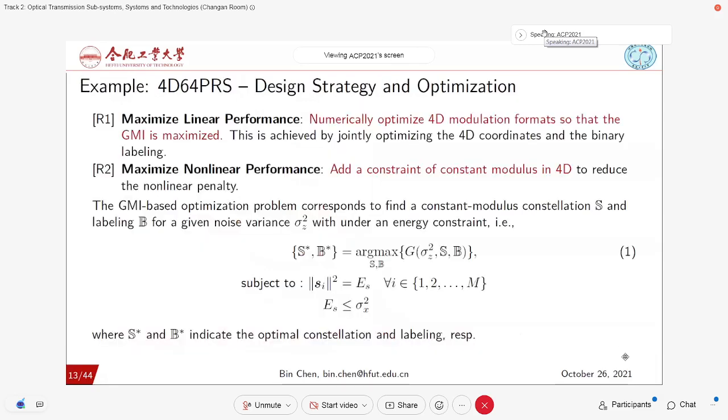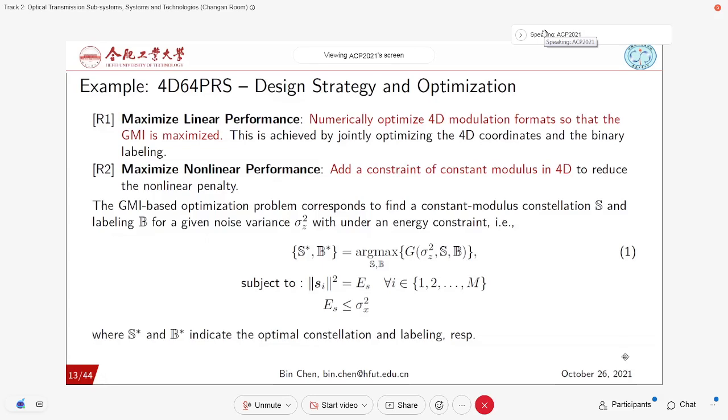So following this idea, because we don't have a good model, we try to design nonlinear tolerant modulation. We add this constraint to the optimization. So in this case, we simplify the optimization problem to become equation one. We use the cost function GMI. We maximize the GMI as the linear performance, but at the same time, we add the constraint of the constant modulus in 4D. This means all the symbols in 4D have the same power. And by solving this optimization problem, we can find the optimal labeling, which is the constellation format,